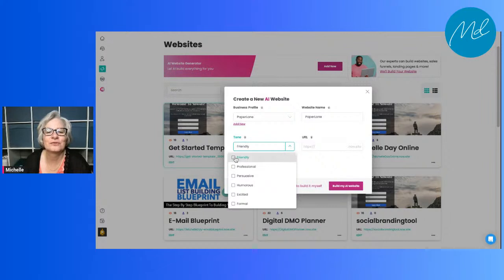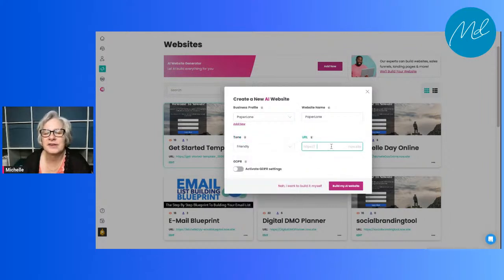So let's choose friendly. And our URL. Now, if you have a .com, you can put the .com in here. But we're just going to do Paper Lane because this is going to give us a .now.site. Or you could do .com.